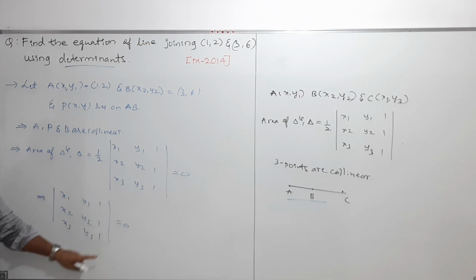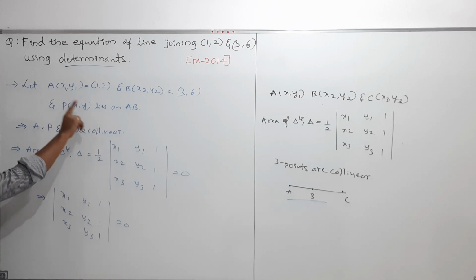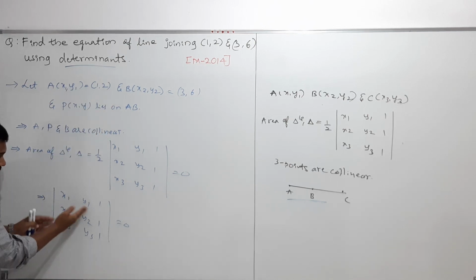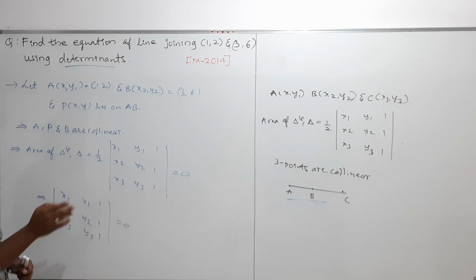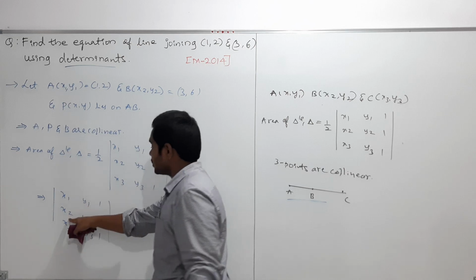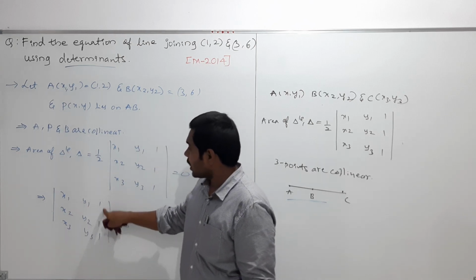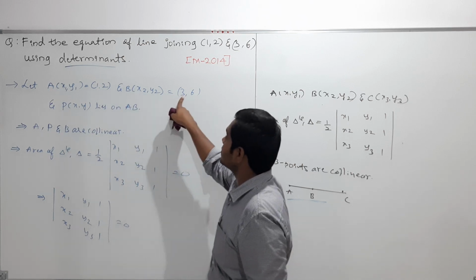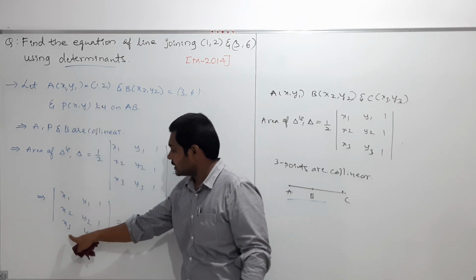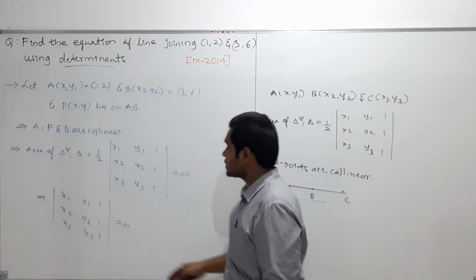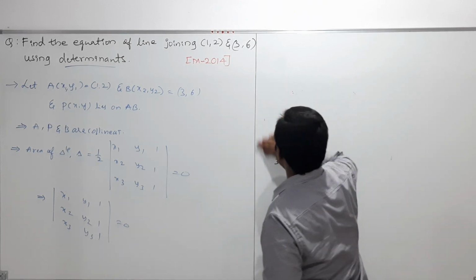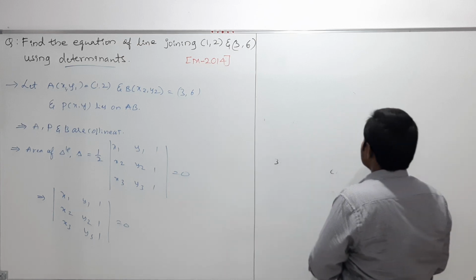Now by using this condition, I will find out the equation of the line. If you solve this, you will get the equation of the line joining those 2 points. So now substitute x1, x2, x3, y1, y2, y3, 1, 1, 1. So x1, y1 value is 1, 2, x2, y2 value is 3, 6, and x3, y3 I am taking as x and y simply because we don't know the value of that. Clear? So my dear students,